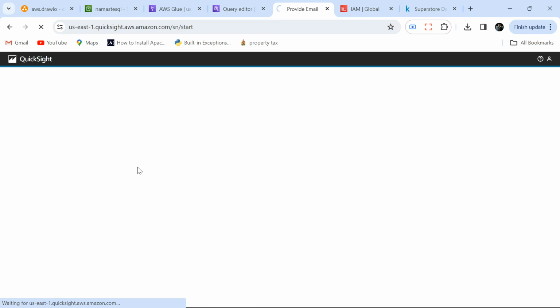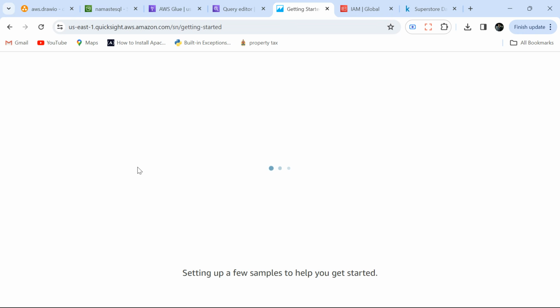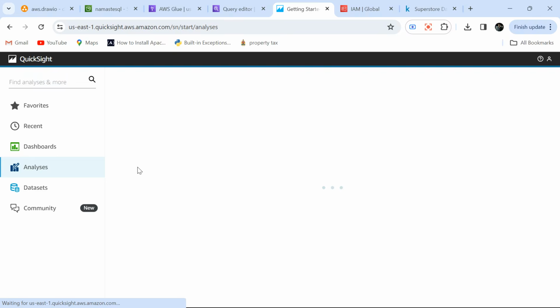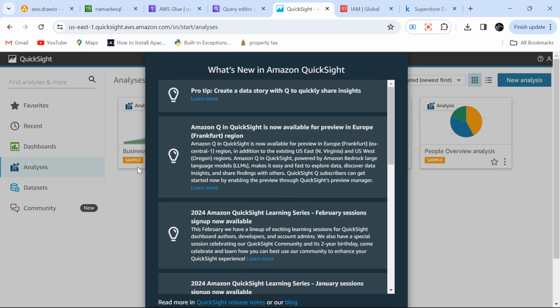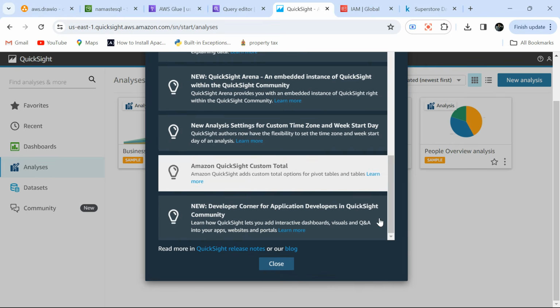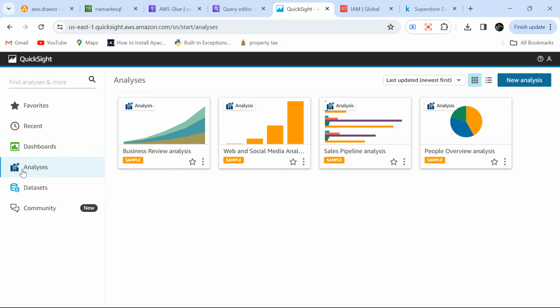Okay. So once you land on the Quicksight page, you will see that you don't have an account. So you have to create an account first, right? When you are creating an account, you will get 1 month free subscription of Quicksight. You don't have to pay anything. You can create a standard edition. There are enterprise editions and all. You can just choose the standard edition. That's it, right? So once you create that, you will end up on this page,